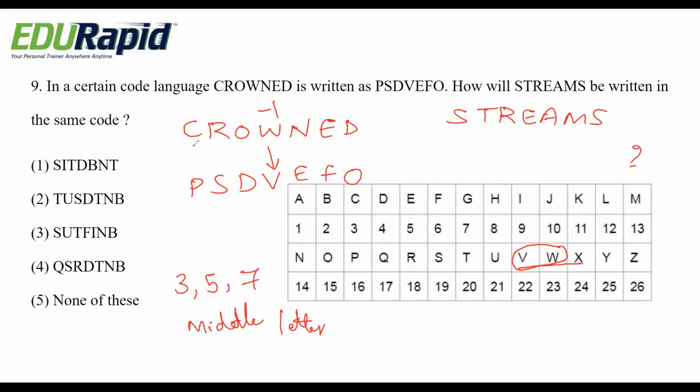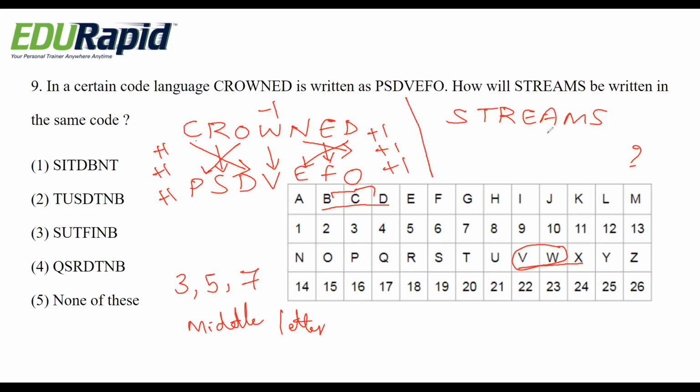After that, check C. Check whether B or D is related. D is there, so we can say it is increasing by one letter. After R it is also increasing by one letter, and after O it is P, also increasing by one letter. Let me check the other three options. After D it is E, after E it is F, and after N it is O. So here also it is increased by one.